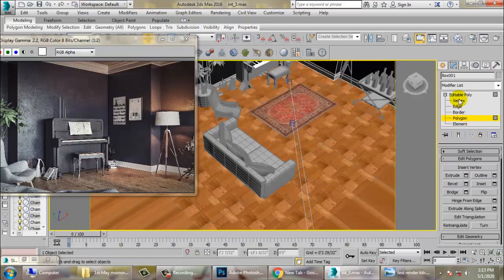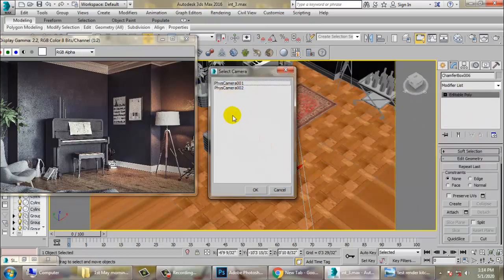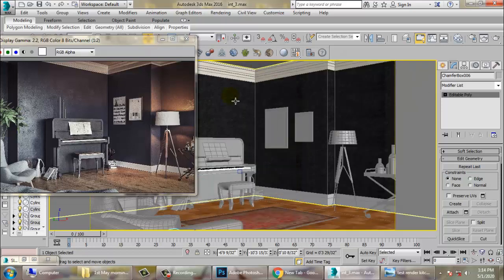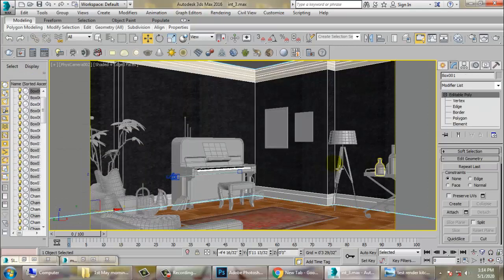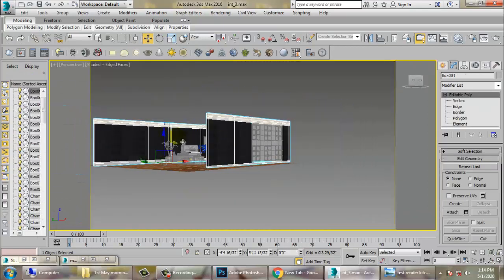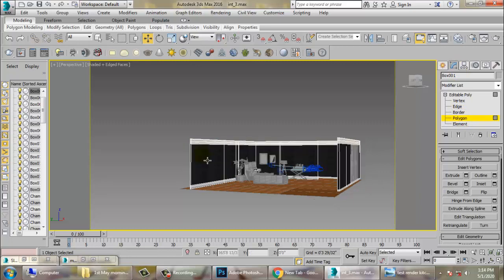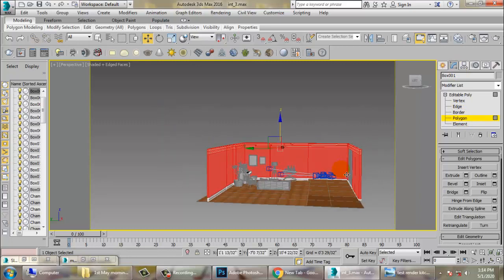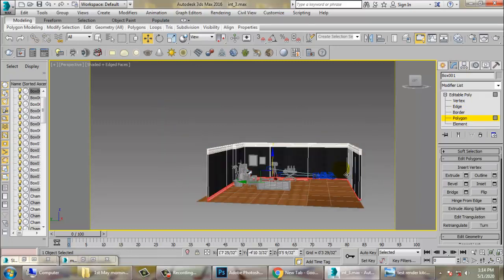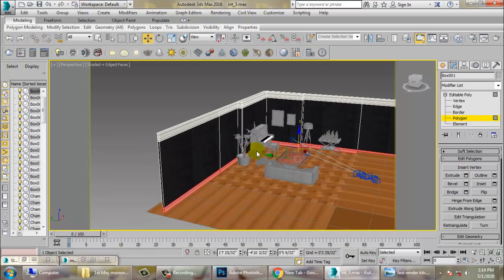Once you're done, let's go back to the camera view. That's your camera view. Now select the bottom part of the wall: select the whole wall, Control I, that's for the inverse.